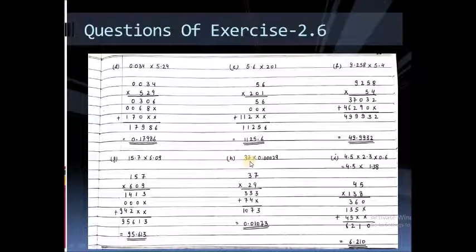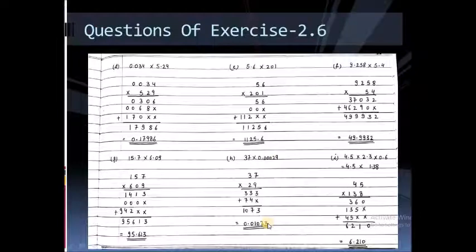Here 37 is my multiplicand and 0.00029 is my multiplier. You have to multiply them. Here no decimal is present, but if you ignore the decimal of this one, it will become 29 only. So you multiply both of them and get the product. In the product now you have to put the decimal. As you can see, here no decimal is present, so no decimal place, but here the decimal is present, so my number of decimal places is 5. 1, 2, 3, 4 and 5.